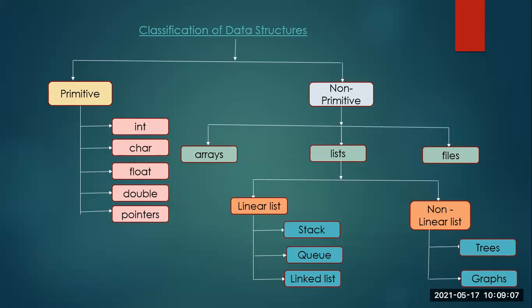So what could be a linear list? A linear list is one wherein the values are arranged in a linear fashion. What do we mean by values arranged in a linear fashion? As I said, they are going to be arranged sequentially one after another. They will be continuous. There is not going to be any gap in between. Then let us move to the first one, that is a stack.